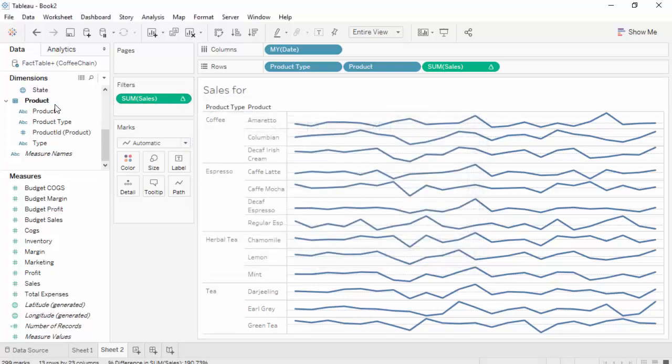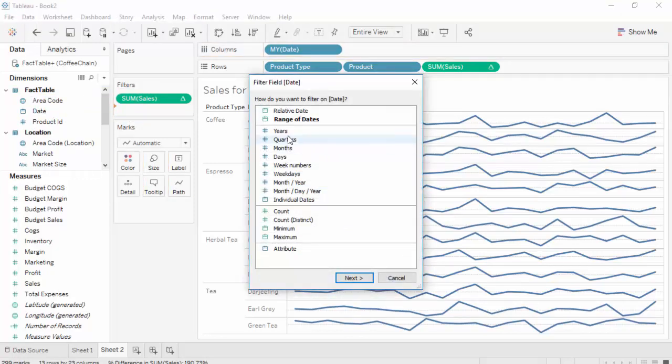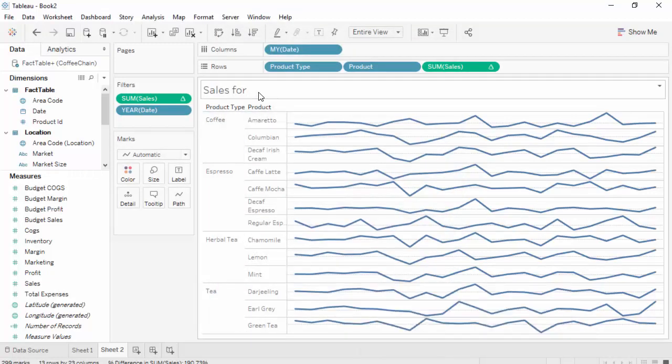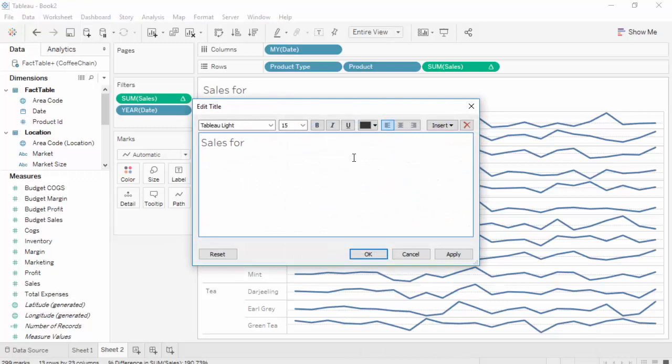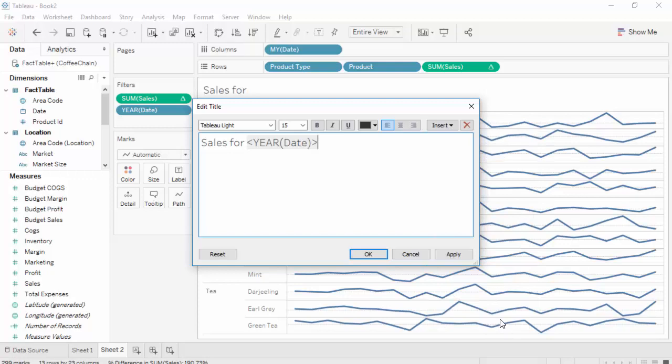right. Let me bring in a filter, right? So right now I'll go ahead and check both the years. Then I can use that in dynamic title. So when you do that, then you get